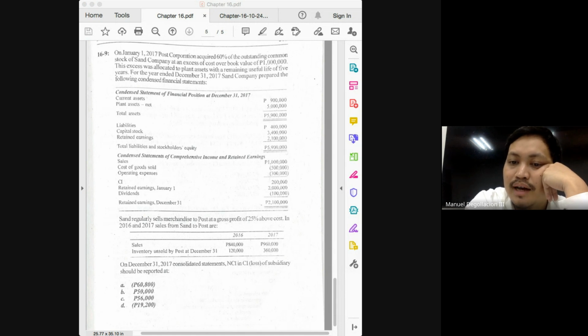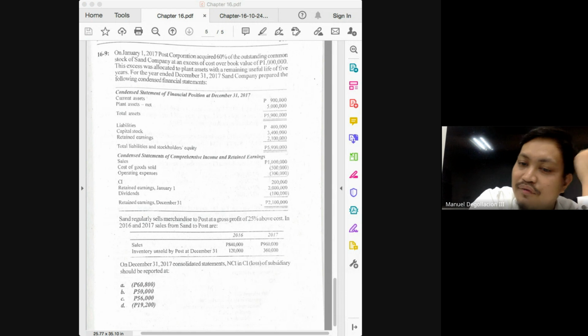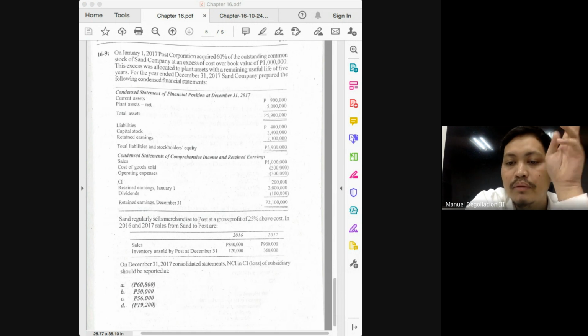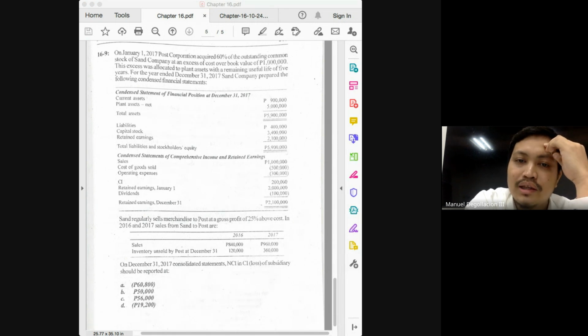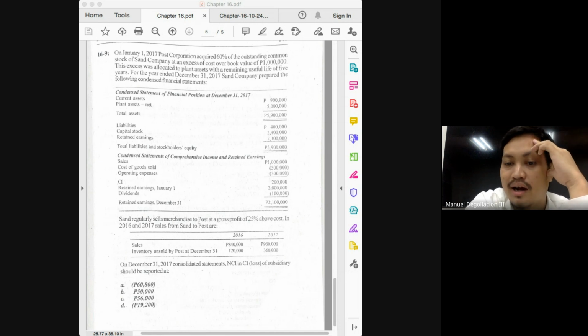No, the 96 is the cost. How do we use the 96 to arrive at what we are looking for? Deduct it from 120 or multiply it by 25%. Okay? If you multiply 96,000 by 25%, you should get how much? 24. If you deduct 96 from 120, you should also get 24. So what is this 24? This is now the markup on the beginning. And what do we do with this 24? Add or deduct? Add. So you will add the 24,000.